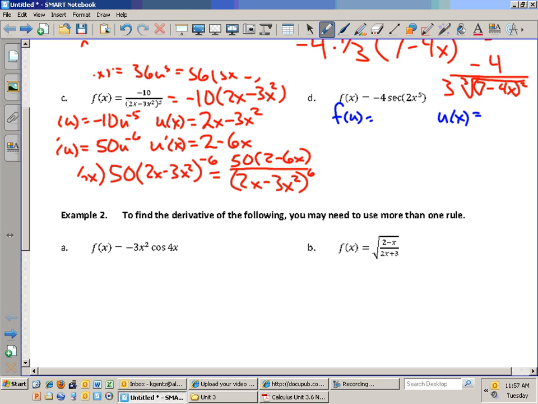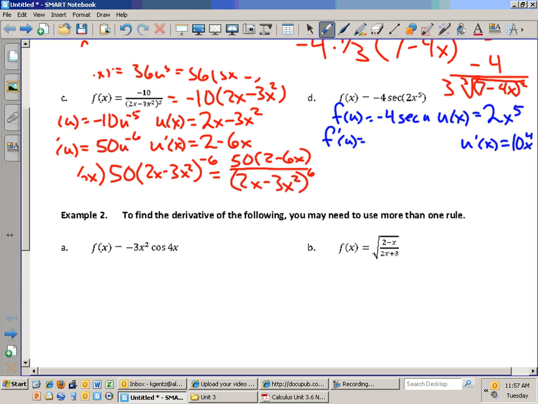Okay, and the last one. What is u of x in this situation? U of x is 2x to the 5th. Ashley, what is f of u? Okay, and so now I derive both f prime of u and u prime of x. What's u prime of x? 10x to the 4th. What's the derivative of